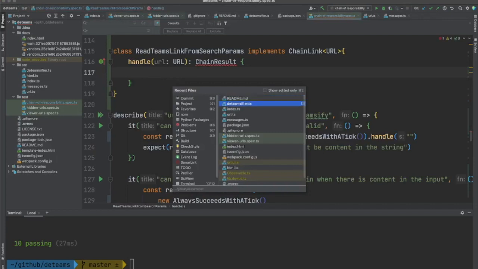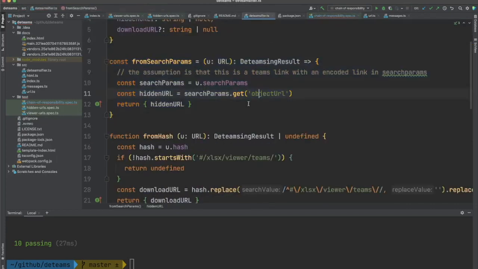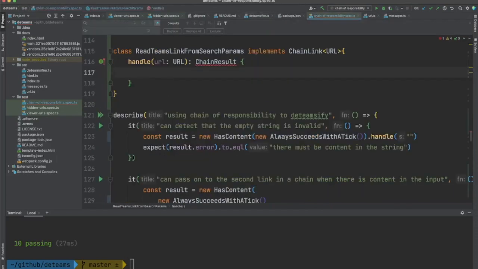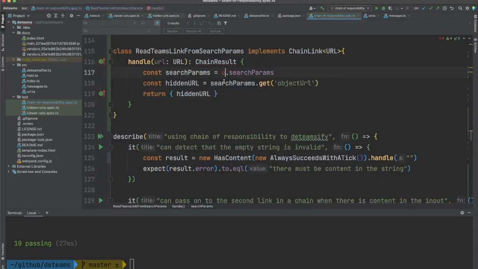Oops. URL dot search params. It's going to return hidden URL. It's not happy about that